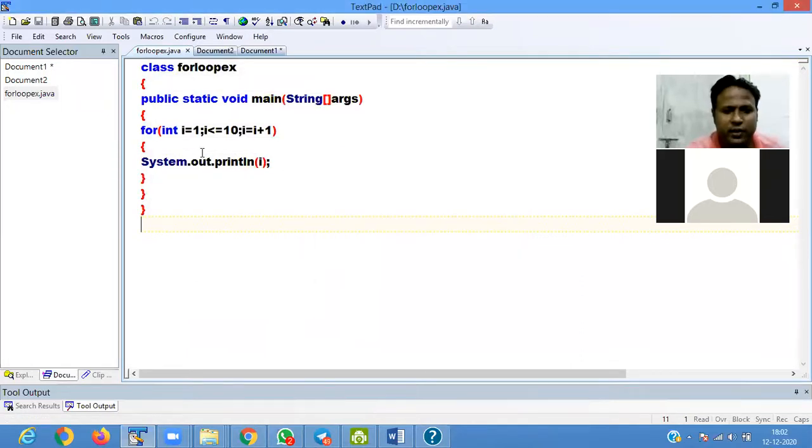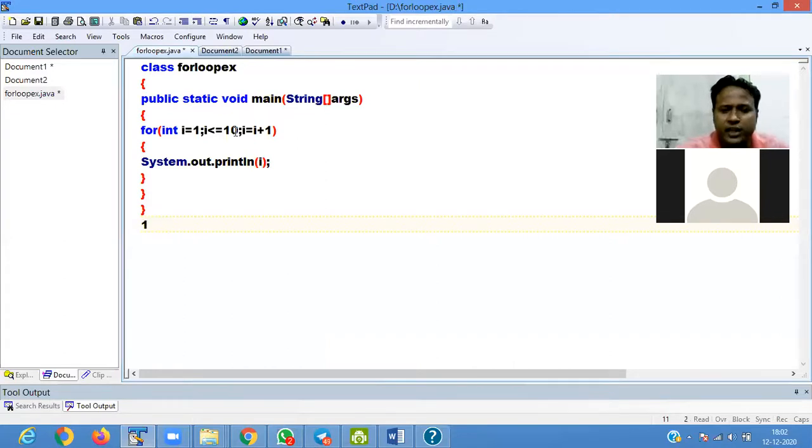In the main method, I pass for int i equals 1, 1 is less than or equal to 10. The condition is true. When the condition is true, it prints 1 here.